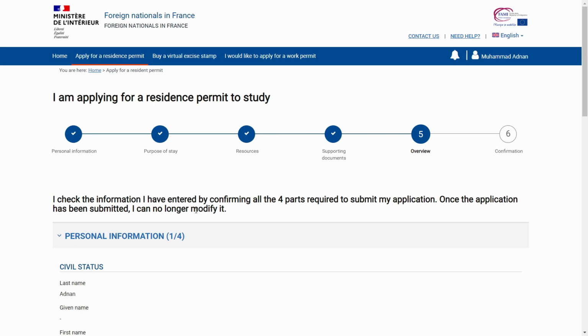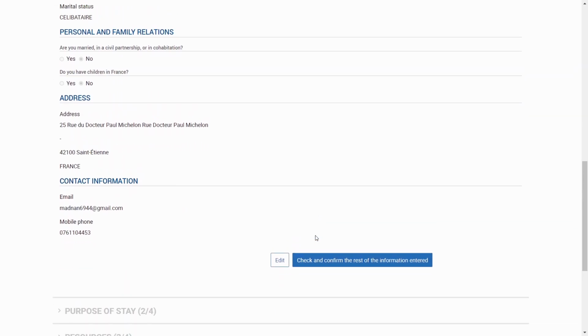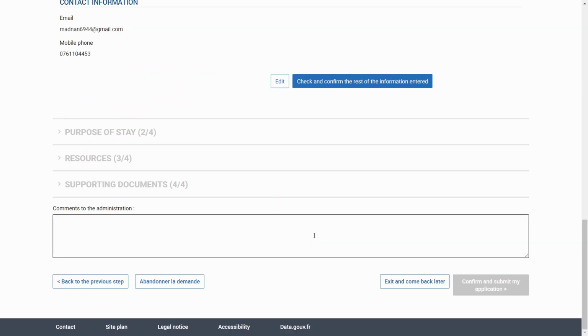So here I check the information I have entered by confirming all the 4 parts required to submit my application. Once the application has been submitted, I can no longer modify it. So you should check these things, and after that you can also write anything you want to them here, if you missed anything. So after that, check and confirm the rest of the information entered, and then click